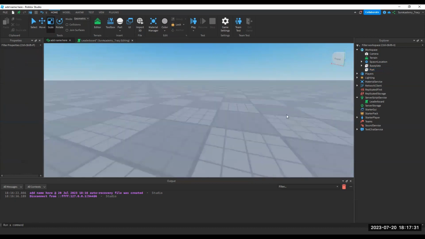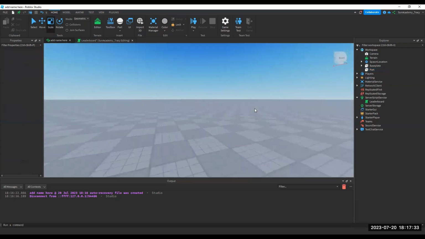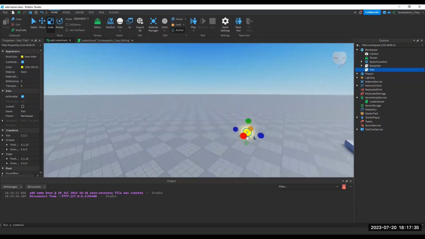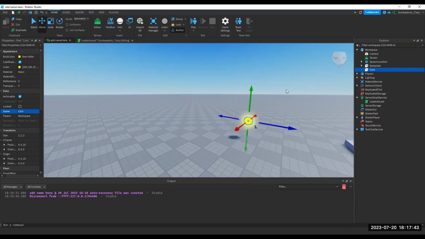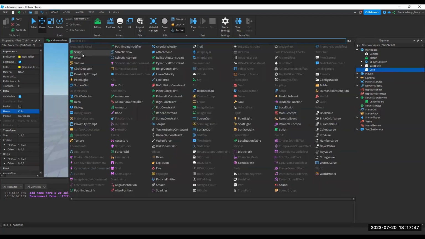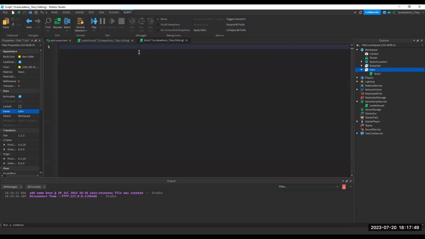And now you got a floating coin right here, or that's what we're gonna call it. And let's just rename the part from part to coin. And let's just move it a little bit up. So right there. Then we're gonna create a script, delete the inside of it. And then we're gonna create